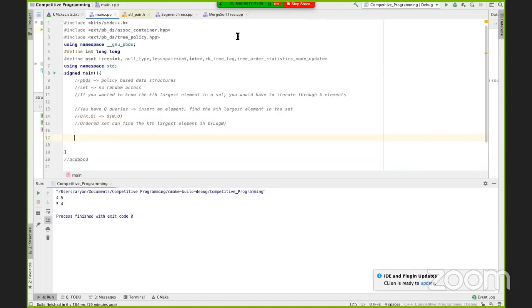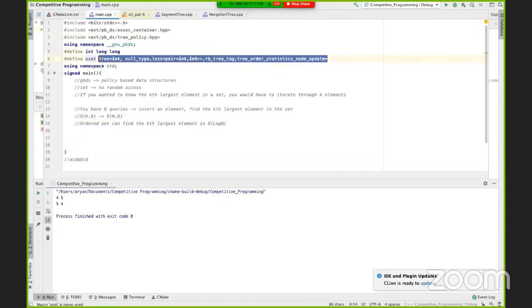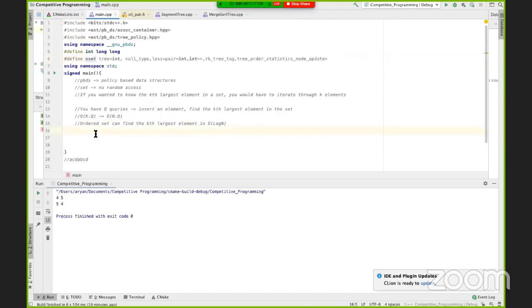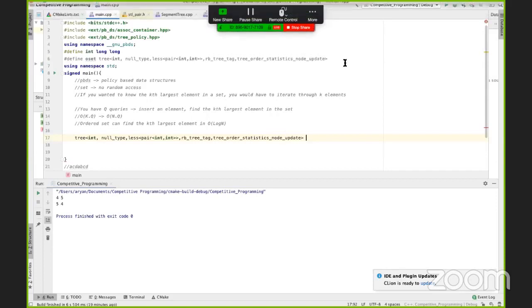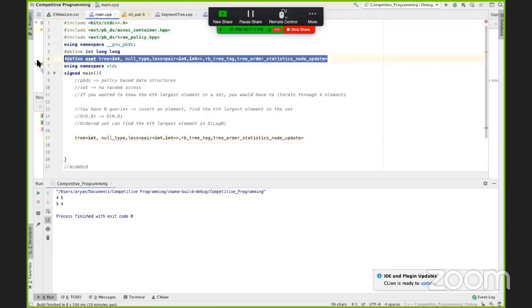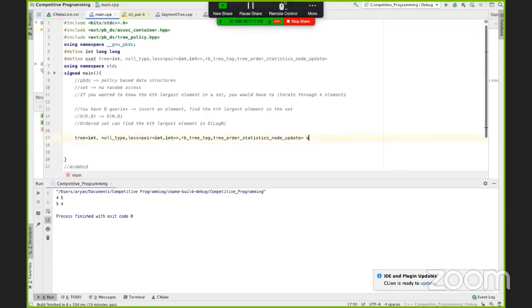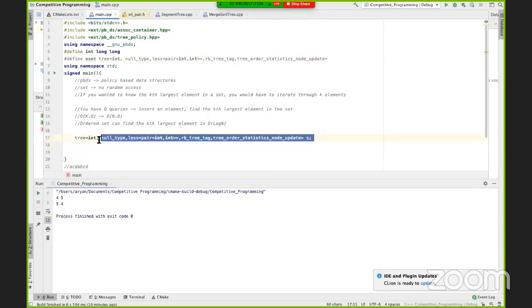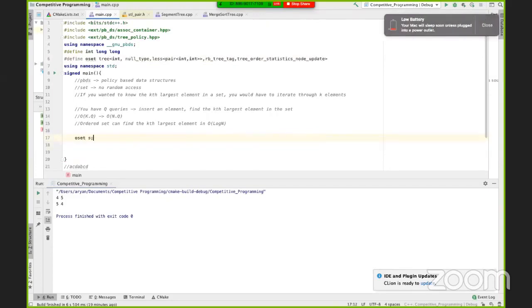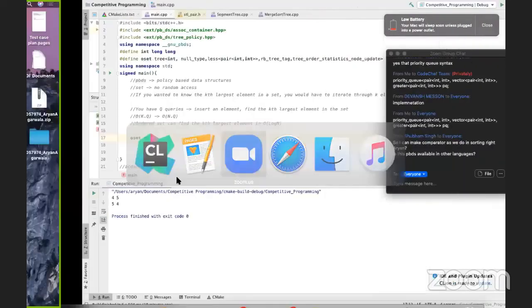Now the declaration for ordered set is a little complicated. So this code here, this is what you need to use to declare an ordered set. It's really complicated to write every time, so most people just include it in a template like this. Okay, but yeah, this is what you would define it as. I've already included my template, so I just define it as oset s. Okay,